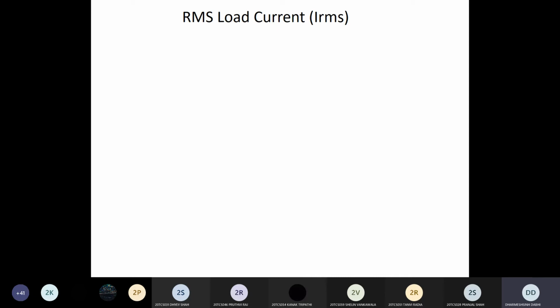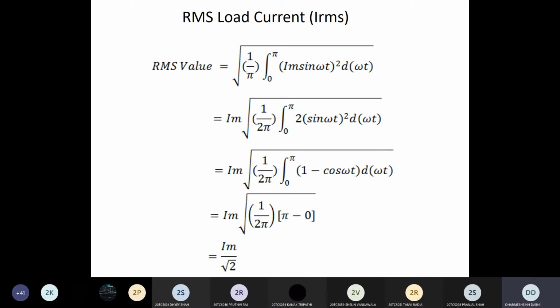Now next is the RMS load current. So how do we derive the RMS load current? As we saw in the last lecture, this is the square root of the mean of the square of the load current. Clear? The first half you get positive, and the second half again you get positive. So if you take the integration over 1/2 and multiply by 2, you get the RMS value of the full wave rectifier circuit. Clear? Here you can see that we take the base of only pi. Why do we take the base pi here?